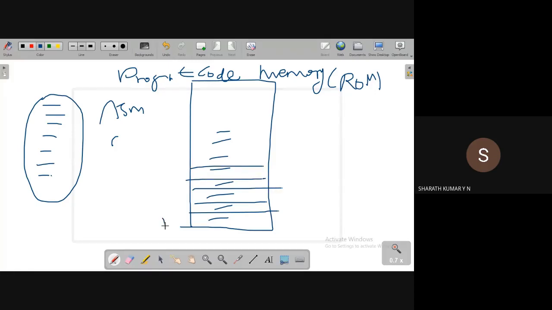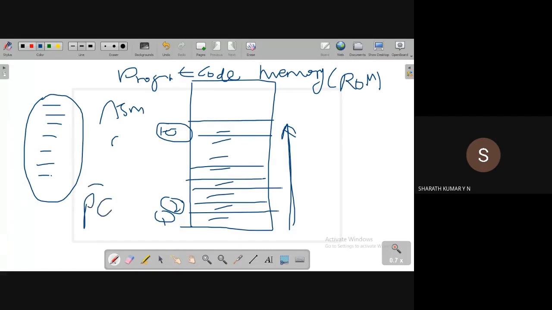This is the first instruction. This is the second instruction. Similarly, there is, for example, a 10th instruction. There are a number of instructions. Now these have to be executed in a particular order, starting from the first instruction up to the last instruction. There must be something to tell the microcontroller which instruction to execute next. For that, the microcontroller makes use of a special register called the program counter.